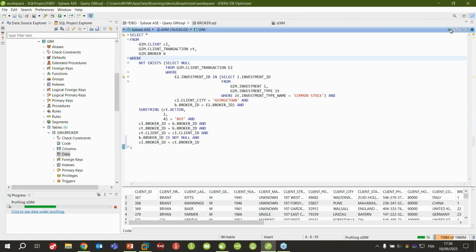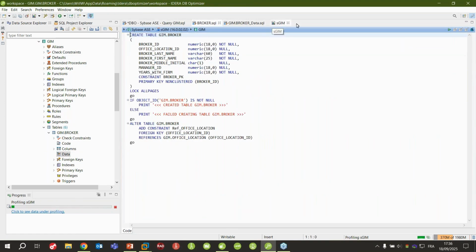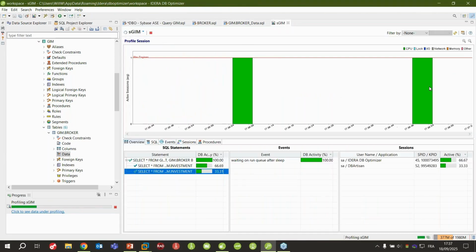If I run this same query once again with the issue we have on it, and go back to my profiling session, we will see that this time my query has popped up.